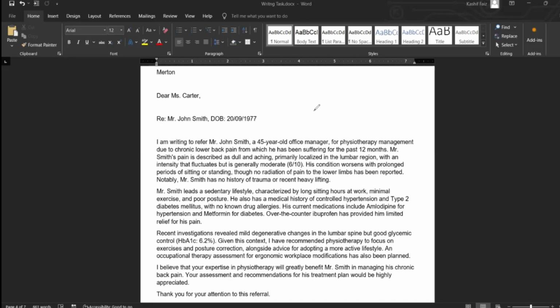You can just say signs and symptoms are consistent with bronchogenic carcinoma, and now I'm referring the patient for lung biopsy. That's it. In the next paragraph, when you are ending the letter, you can also mention